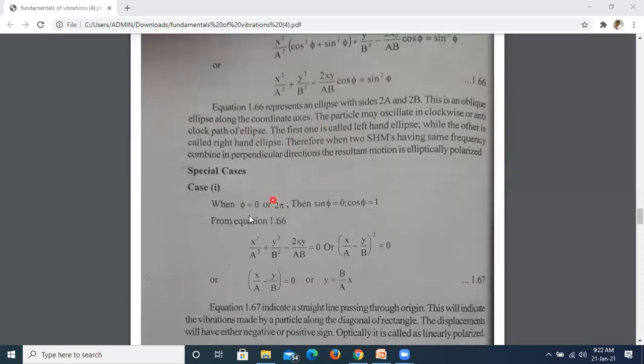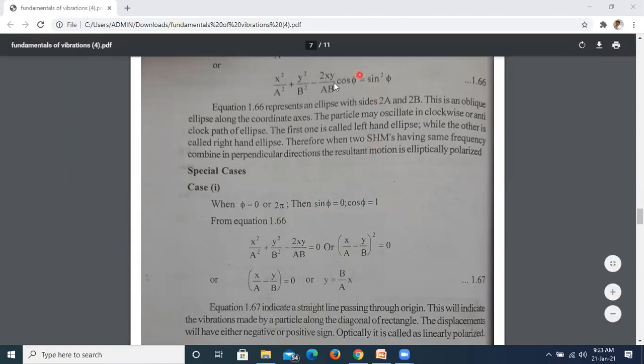First, the phase difference between the two mutually perpendicular simple harmonic motions phi is equal to 0 or 2 pi. What happens then? Sin phi equals 0 and cos phi equals 1. If phi is equal to pi, then also sin phi is 0 and cos phi is 1. So for the phase difference phi equal to 0 or 2 pi radians, that is 360 degrees,